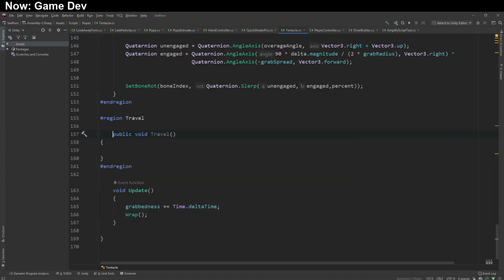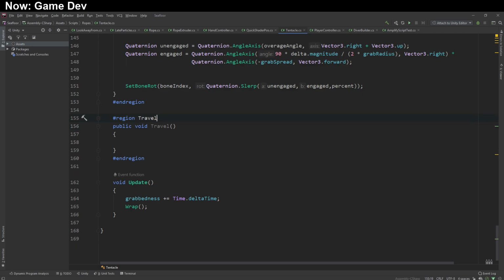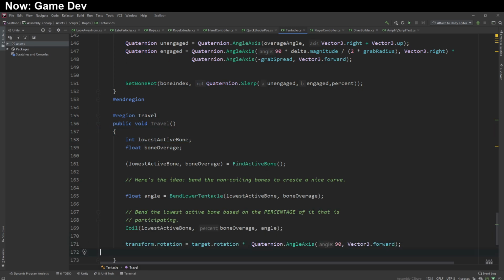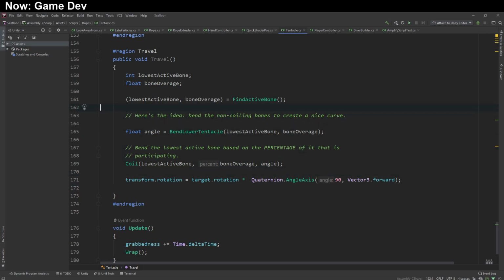Theoretically, this does understand regions, but it thinks that the tabs are supposed to be like this. It clearly thinks that. That's not the case. Regions are not part of the class. They're IDE meta tags. They shouldn't be indented. Well, whatever. Minor issues. So basically what we do is we set up the tentacle properly, and now that we've set the tentacle up,